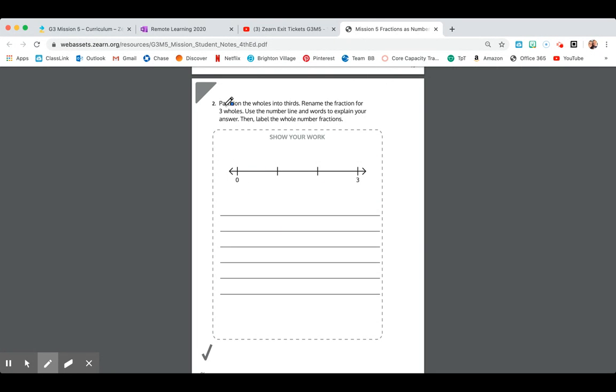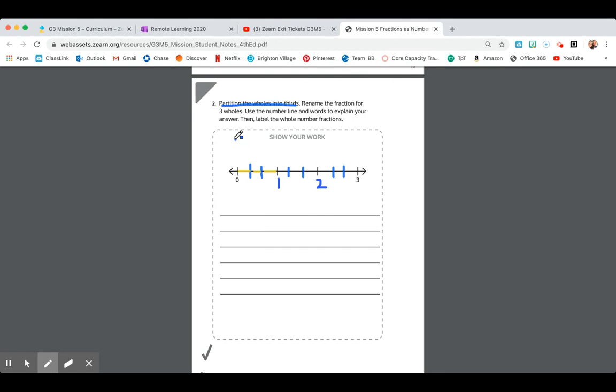So we need to first partition or split the wholes into thirds. I didn't mean to cross that out, but underline it. Nonetheless, I know what I need to do. And so I've created 3 equal parts between each of my wholes. And I'm going to go back in and label the whole numbers because here is 1 and there's 2 wholes that happen between 0 and 3 wholes. And now I'm going to label